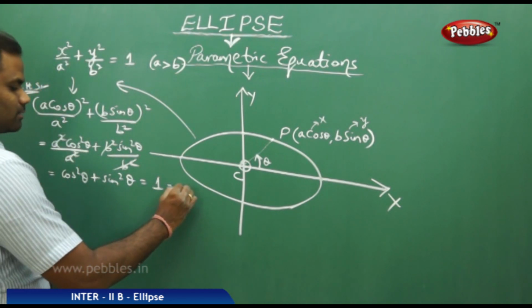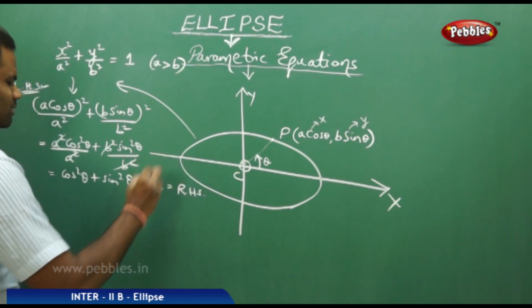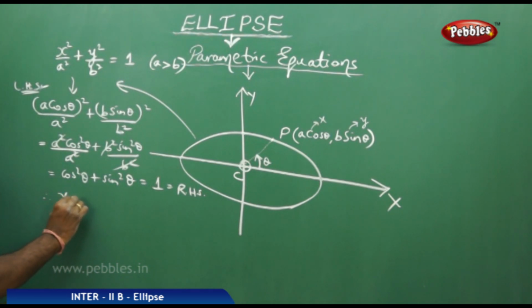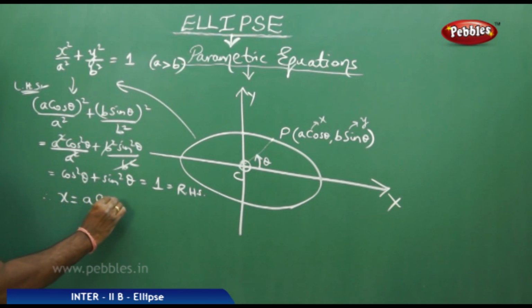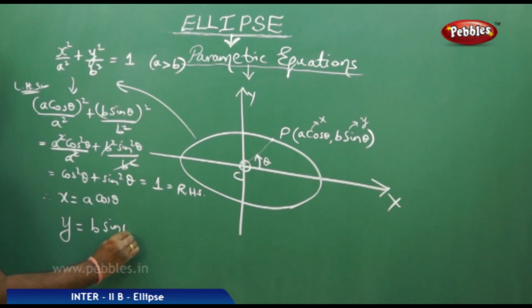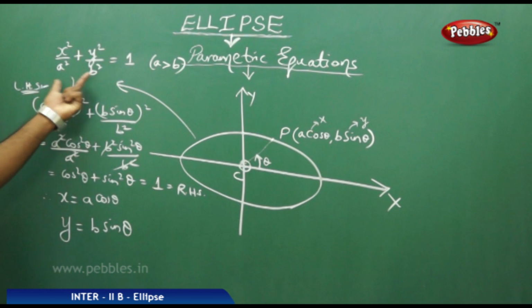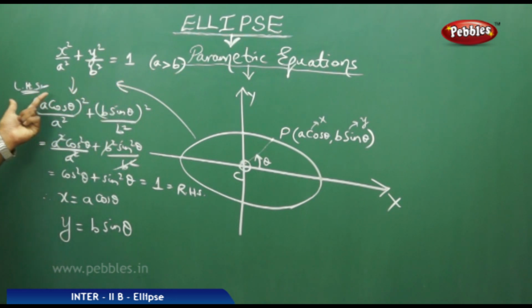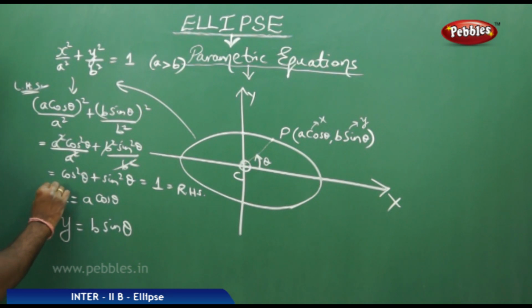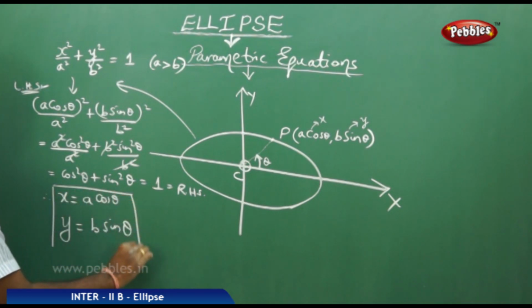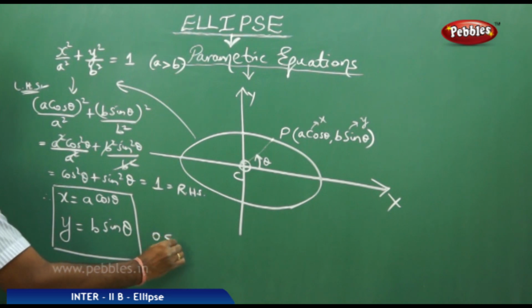But this is nothing but the right hand side. Therefore, x equal to a cos theta and y equal to b sin theta satisfy the equation of the ellipse, making the left hand side equal to the right hand side, which indicates that these two are called the parametric equations